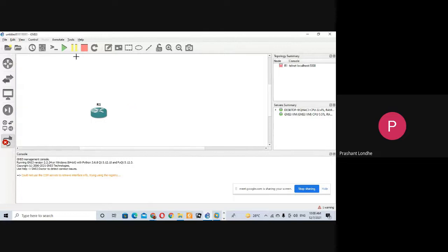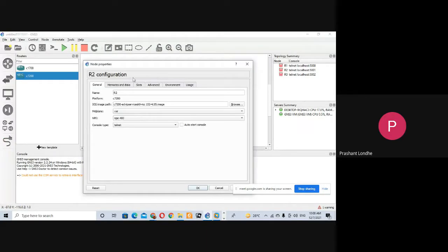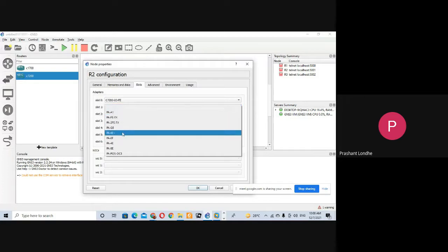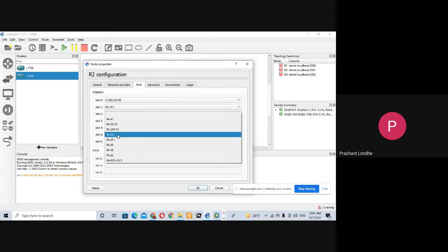Similarly, I will do the same things for R2 and R3. So now I have taken 3 routers. Double click slot. For router 2, I require 2 Giga Ethernet, so here I have to increase the slot.